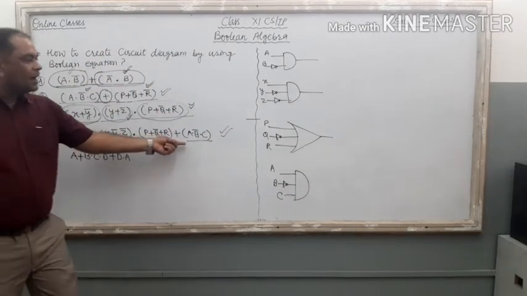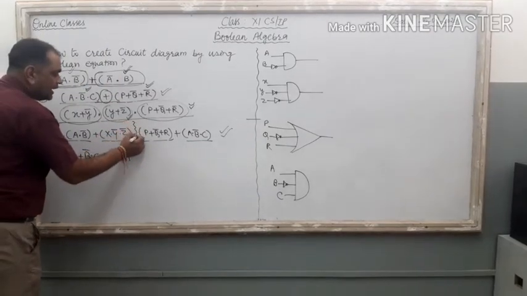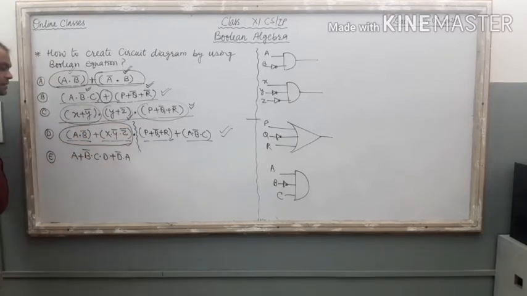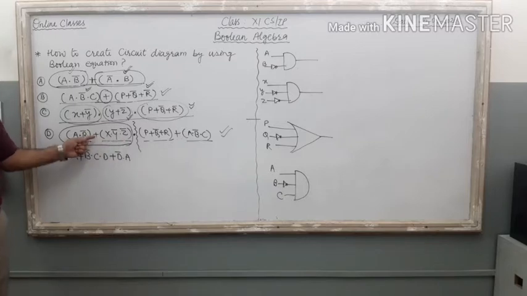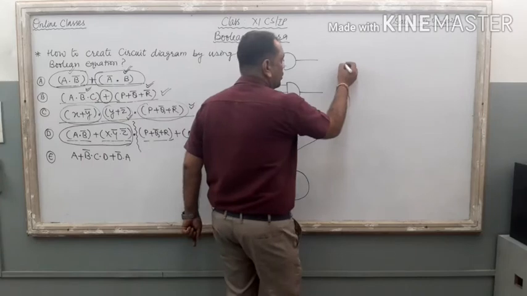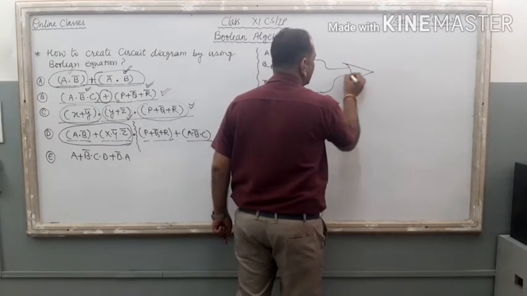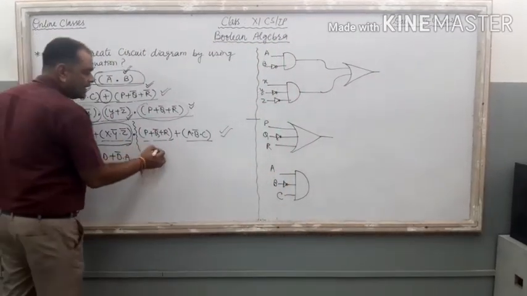All these four parts are there on the board. Now just divide this equation at the middle and check out which gate the first two parts are connected with. First part A dot B bar and the second part X dot Y bar dot Z bar. These two parts are connected with OR gate. So I am going to draw OR gate over here and join these two lines with the OR gate like this one. Then come to the next part.